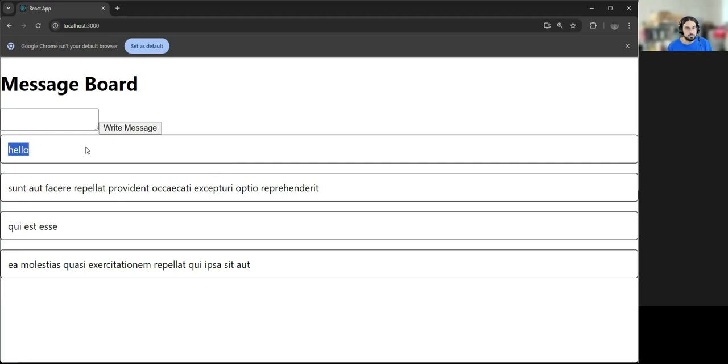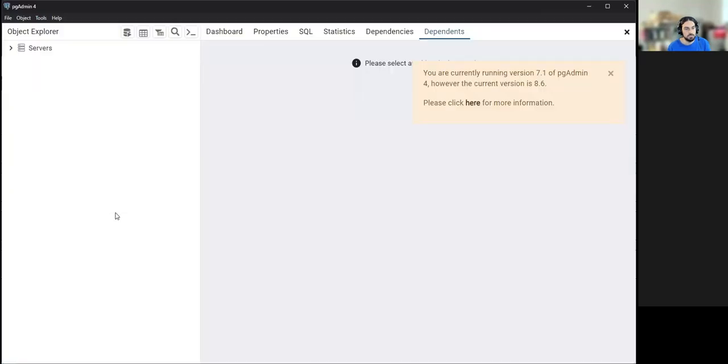Okay, so let's go back to pgAdmin. So you got the point, just messages. Usually there's the author of the message, there's the date when it was created. Maybe you can edit and there's the updated date. So there are many attributes or fields that we can think about when we want to store information about a specific message or comment. So I'm going to go to pgAdmin,